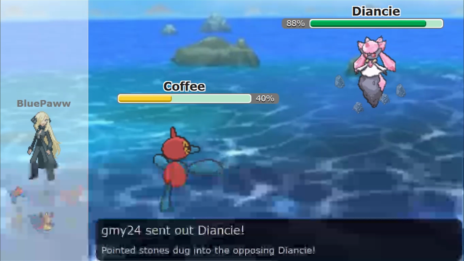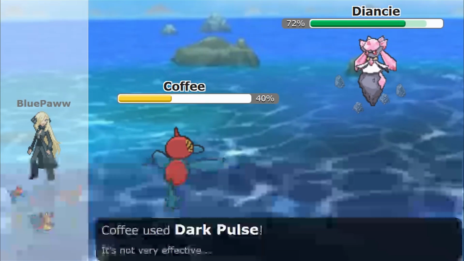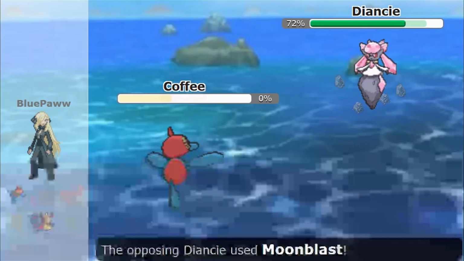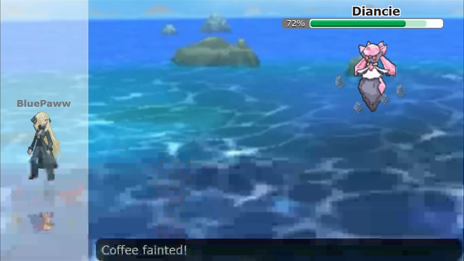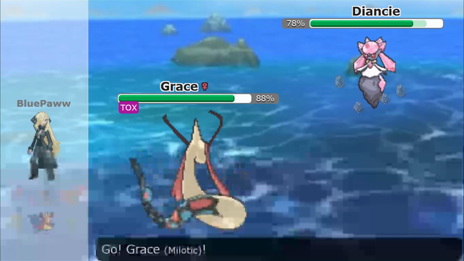He brings in Diancie. Now this is why I didn't go for Tri-Attack, because it wouldn't have done a hell of a lot to this Diancie. But either way, I mean, Dark Pulse does nothing anyway, so I was probably better off going for Tri-Attack in retrospect. But it's all good because I still have my Lotic, which can come in and fire off a super